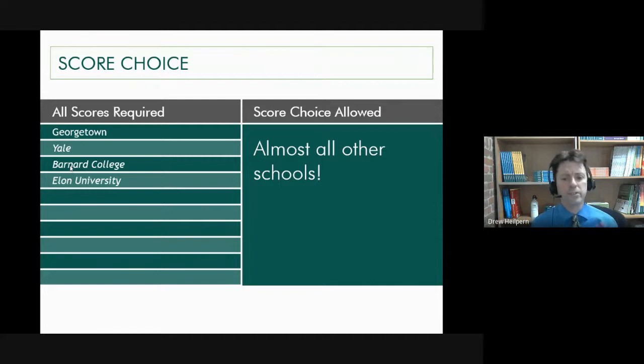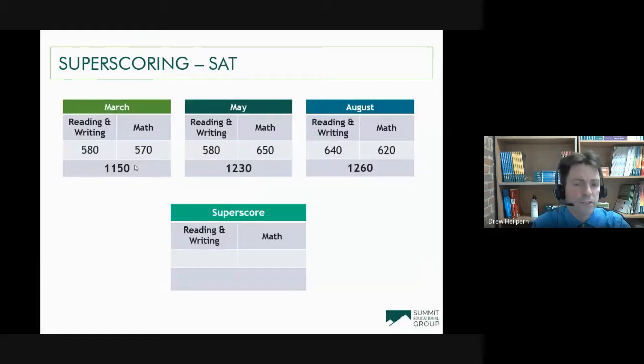So for that student who was like, Drew, I totally hear you, taking these tests 8, 9, 10 times, completely insane, but I don't care. If that's what it takes, that's what I'm going to do. Just knowing that there may be a school on their list that would see that, hopefully it would get that student to rethink that plan, do something a little bit more sane and sensible. And then the other reason why there were schools that wanted to see all scores, it was because they were in fact super scoring. What that means for schools that super score is if a student's taken the test more than once,